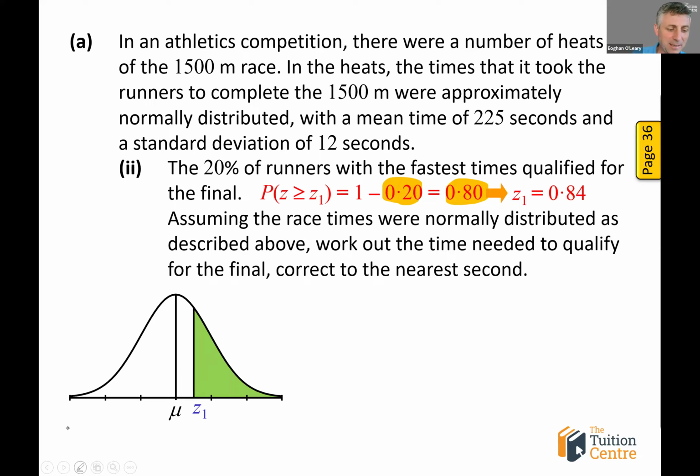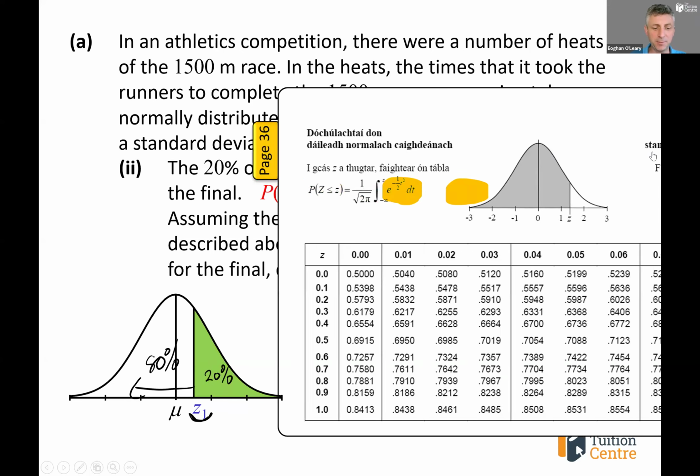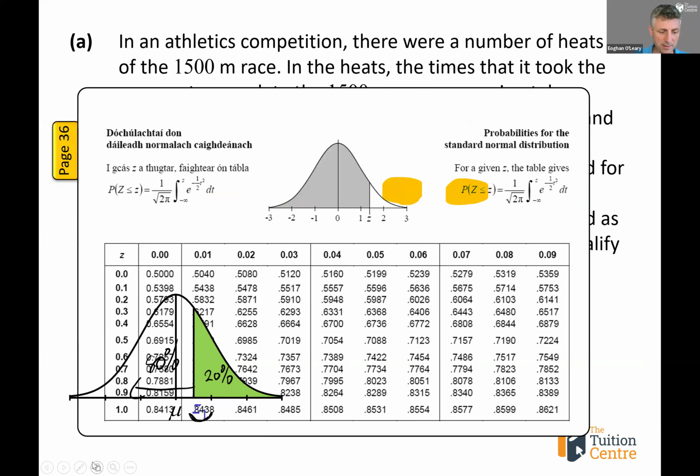But the nature of the bell curve, if there was 20% of people in one region and 80% of the people in the other region, well, when I'm looking up a z-score value, it'll be this side of it. So if I'm looking for what z-score would allow 80% of the people to be on the left of it, I look for 80% inside here. There's an interesting little point here as well. And remember, the numbers inside the body of the table are the percentages, the probabilities, right? So where I'm coming from here is